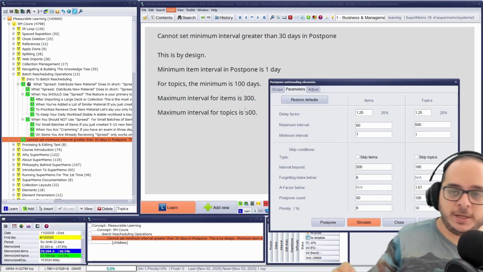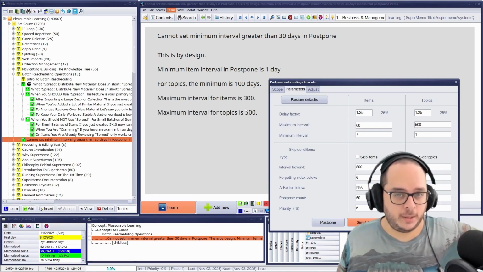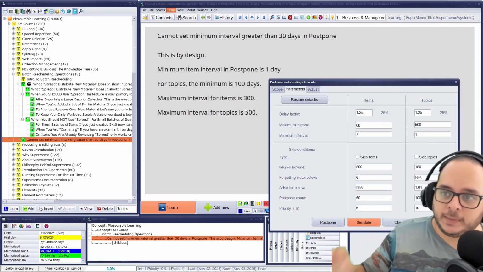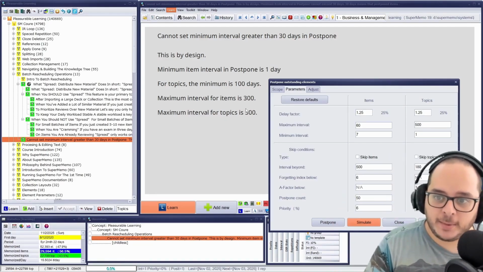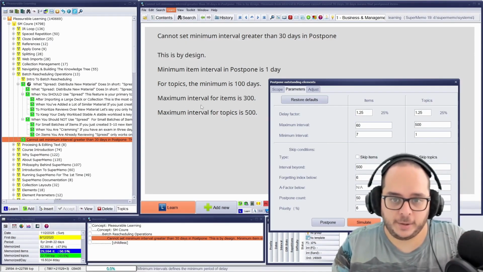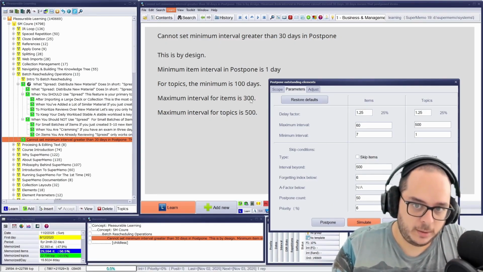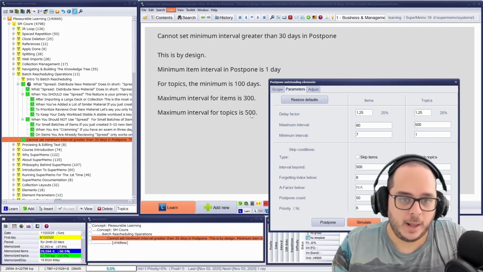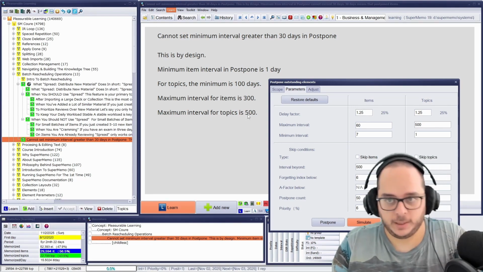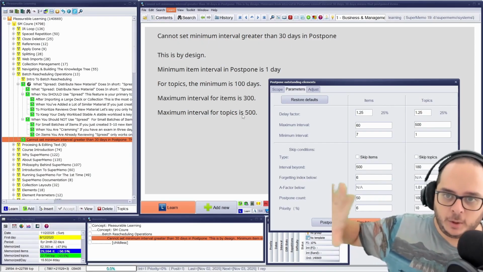So actually, what stays true in SuperMemo 19, or I don't know specifically which version, but compared to 10 years ago, at least we know that items and topics have a maximum interval capped by design, being 300 and 500. You cannot postpone for more than that. Keep in mind this is close to a year, about 10 months, and the maximum for topics is more than a year already. So it's quite generous. And the minimum can be just 1 single day. You put it to tomorrow.